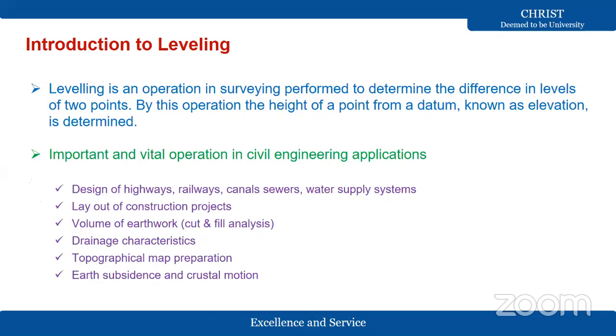Okay. Then altitude means if I am measuring above the Earth surface from the mean sea level, then it is called altitude. Like a flying aircraft, we say the altitude of the aeroplane, not the elevation of the aeroplane, because it is flying above the surface of the Earth. That is the difference between altitude and elevation. With reference to some fixed datum, if you are measuring objects on the Earth surface, that is called elevation. If you are measuring above the Earth surface, that is called altitude.